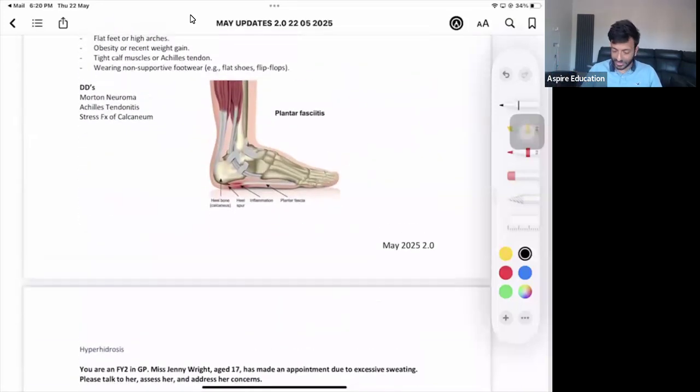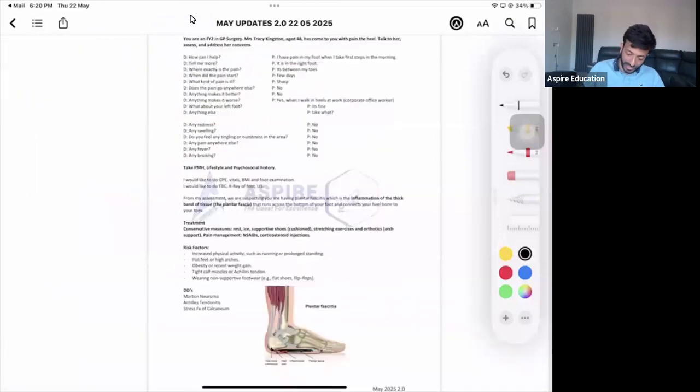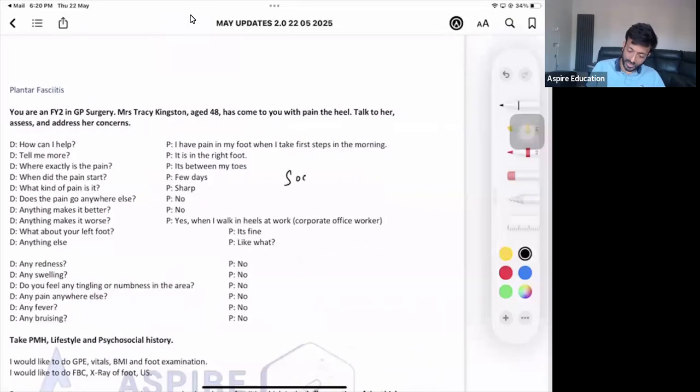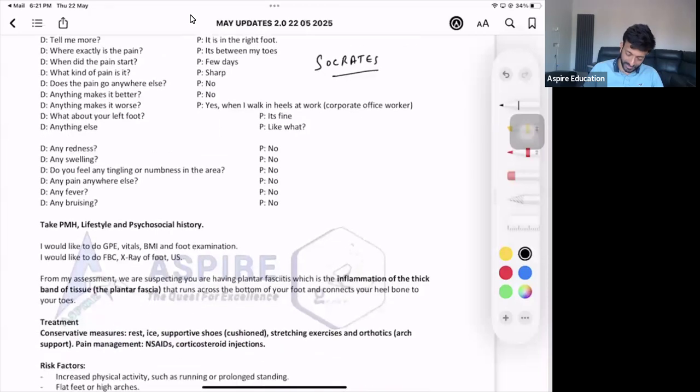So what is plantar fasciitis? See, this is your fascia, right? This is the ligament which is connecting your toes with the heel. So when there is an inflammation of this part, this is what is known as plantar fasciitis. When I do the proper SOCRATES, when I elaborate my presenting complaint, I will be able to differentiate very easily whether it is Morton's neuroma or Morton's metatarsalgia, or plantar fasciitis, right? If the patient is saying, doctor, when I wake up in the morning and I put my first step on the ground, I feel pain, close your eyes and say you have plantar fasciitis. That's the main thing.